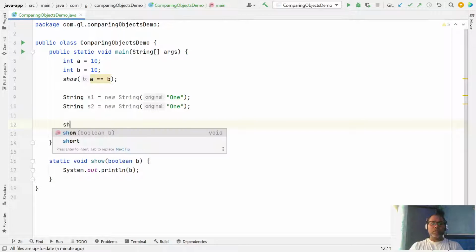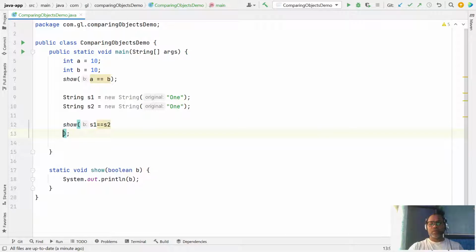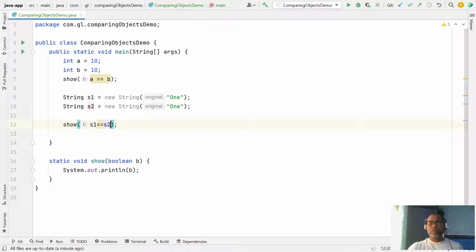You can also write s1 double equal to s2, and it will show whether both objects are equal or not.